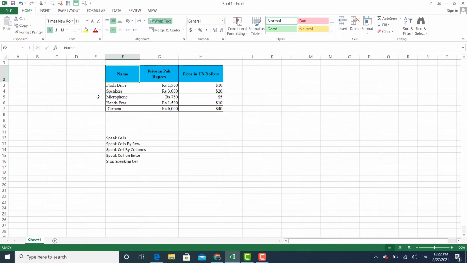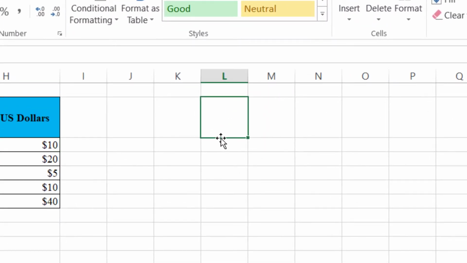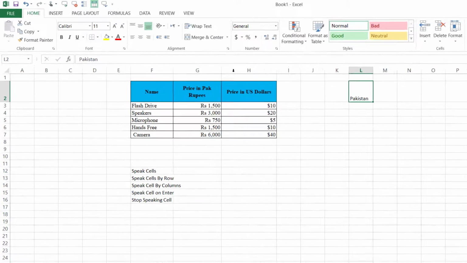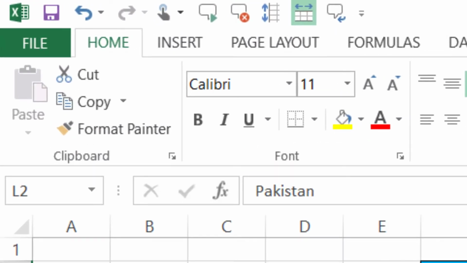Now consider how these 5 options may be used. First of all, I choose cell L2 and I am writing something here. Suppose I am writing Pakistan. Now I am going to use Speak Cell.